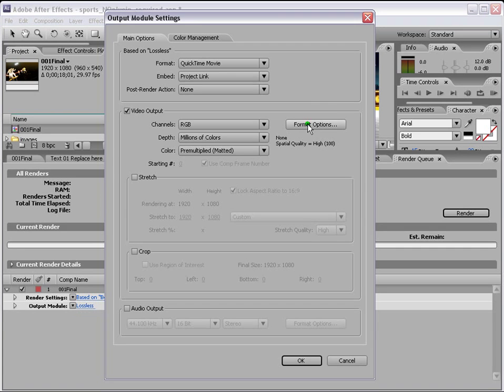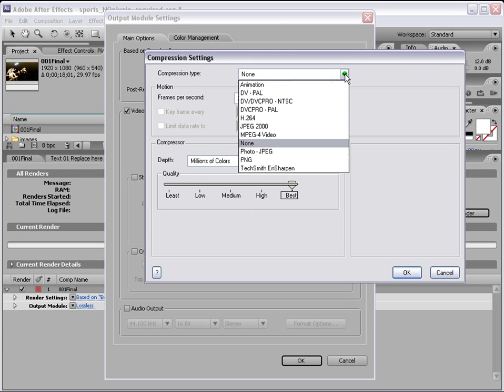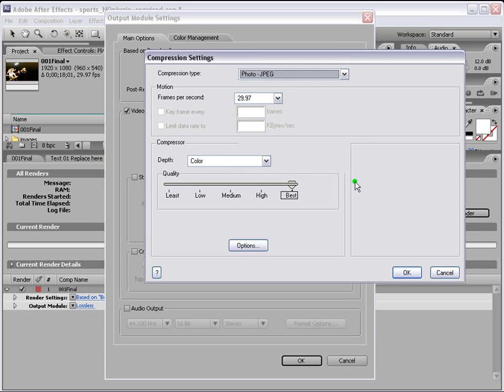Now the other format is compressors. Again, we come here and we see the compression type. Mostly photo JPEG is very good. When you click photo JPEG, the good thing is the file size becomes smaller and the quality is good as well. But don't use best quality, because best and high are basically the same. So always turn it down to 75%, which is high, and the file size will be smaller